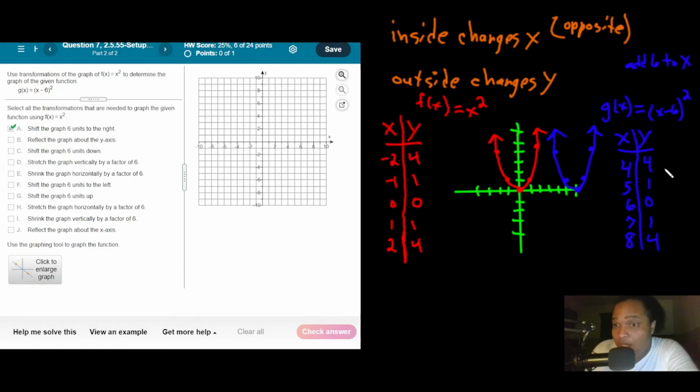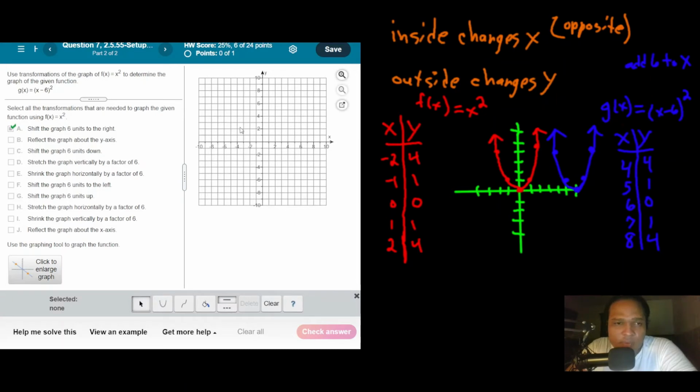And it corresponds to this. Fear not. This is 6, comma 0. We have 7, comma 1. We have 5, comma 1. We have 4, comma 4, which is right here. And then we have 8, comma 4, which is way up here. We're done. So let's make sure that we put this inside of the